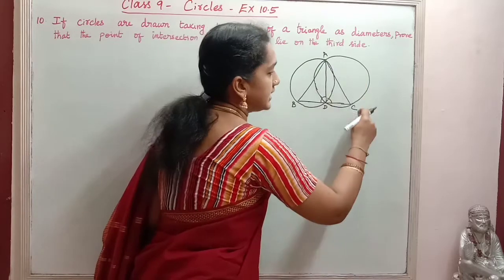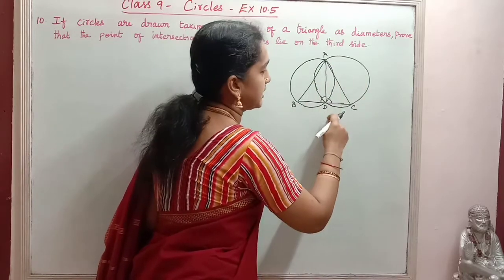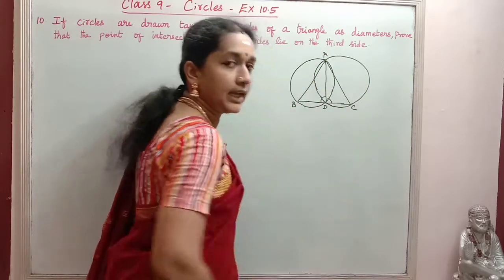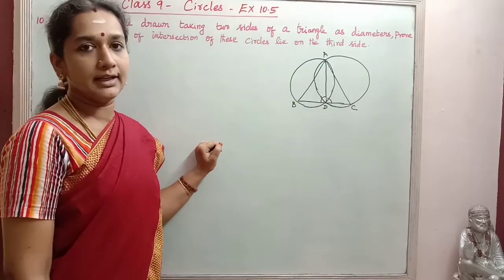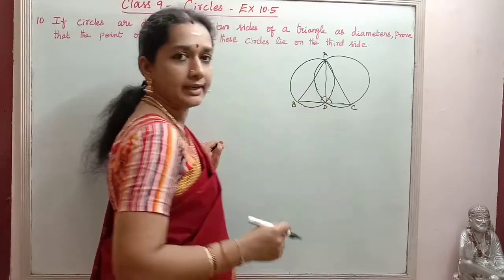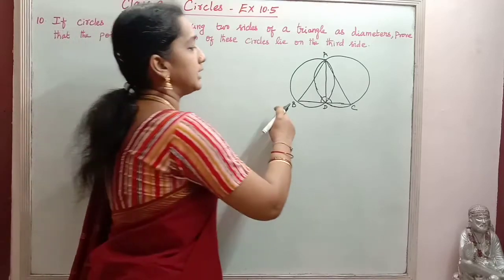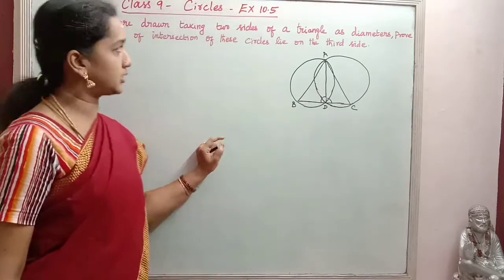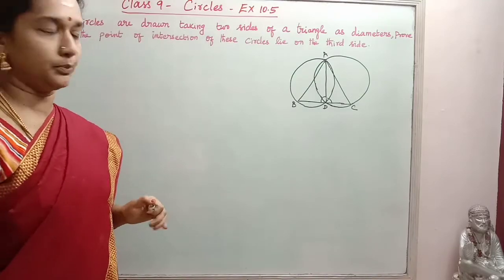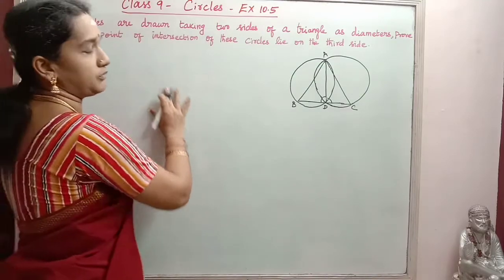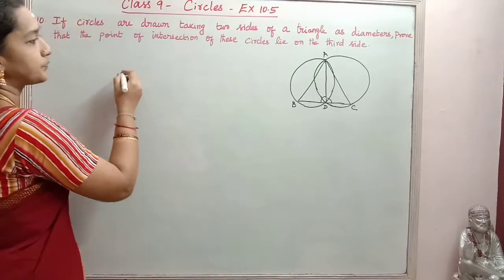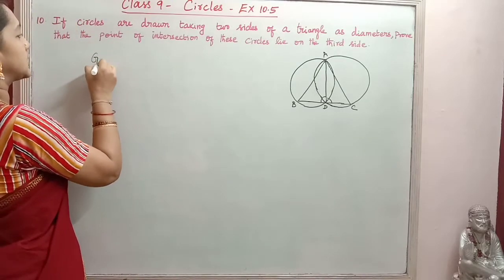Same way AC is the diameter, so we will get a semicircle. So ADC is 90 degrees. So if we add these two, 90 degrees plus 90 degrees, we will get 180 degrees. So that will be a straight line. So that is the thing we are asked to prove. Okay, so whatever I told, we will write, that is the proof. That's all. So what is the thing given?